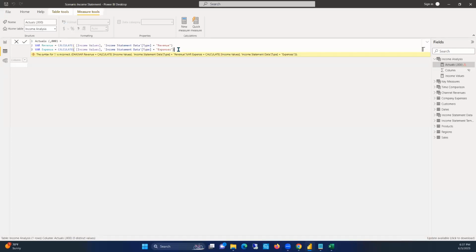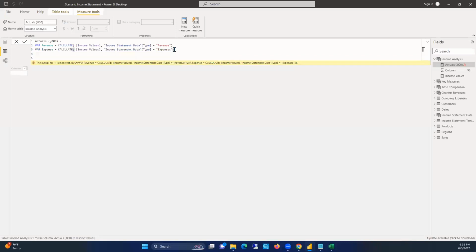So now we've created these two variables. However, what I want to do here is to multiply this one by -1, right? So that I can return negative for expense. Then I'll return what? I'll return